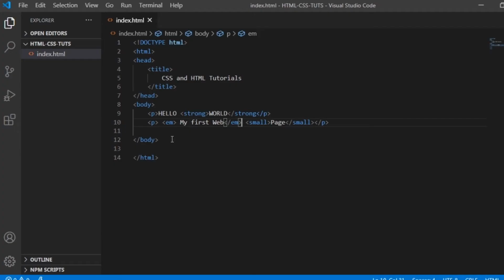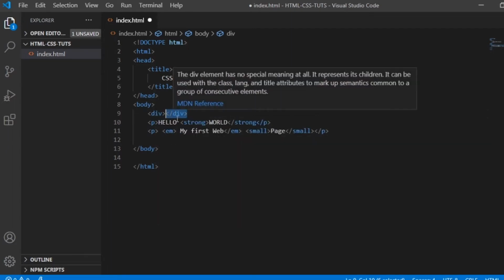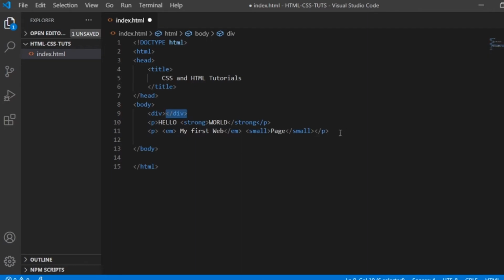Okay, the next thing that I am going to introduce is the division. We usually use the division to group particular content. For example, I will be grouping this hello world and my first web page, so I am going to create a division, or div.